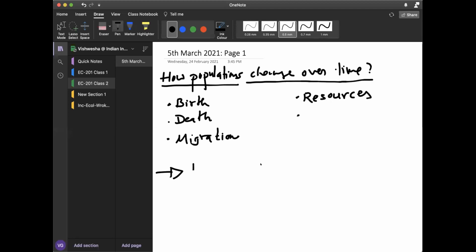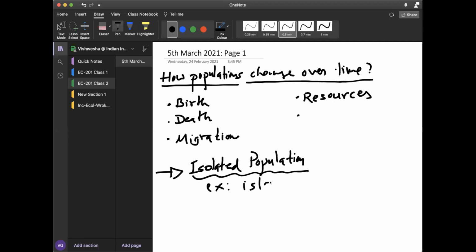What does an isolated population mean? A population that is isolated from the other populations. For example, think of an island. Let's say I want to study a tree species, or a small mammal, or any animal I'm interested in, and how that population is changing over time on an island. Why do we make this sort of simplification? Because by doing so, we can assume that the